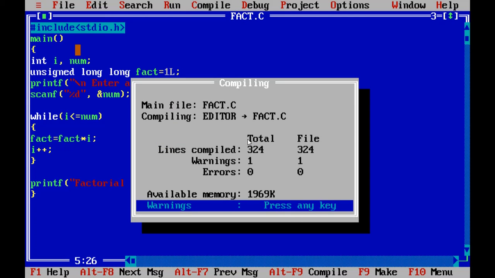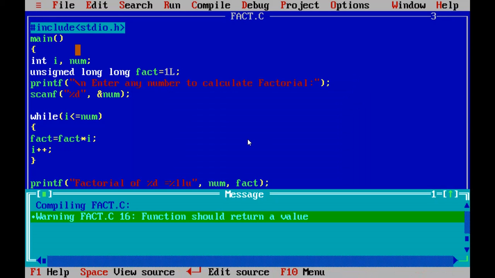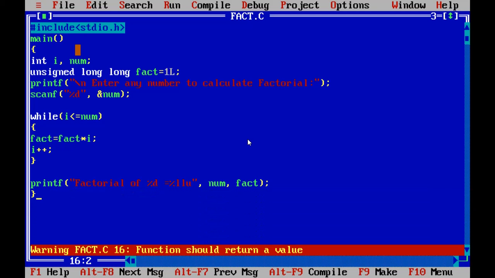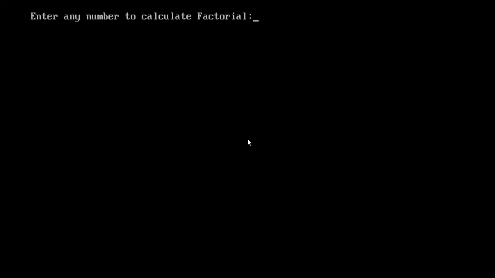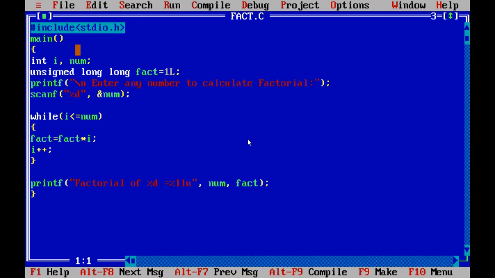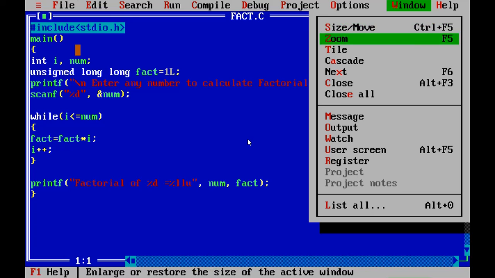No errors. Okay, now run the program. Enter any number, 5. Alt F5, we will see the output screen.